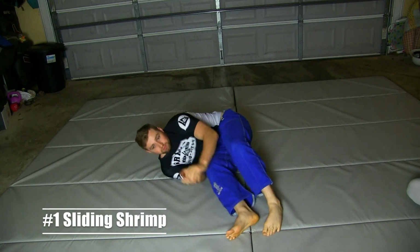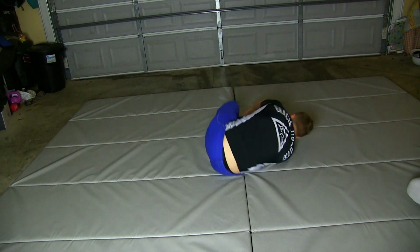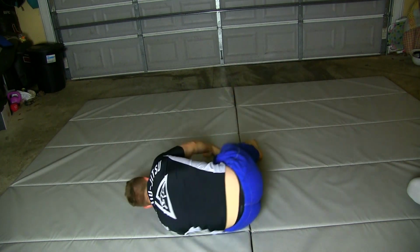Solo drilling may seem overrated, but no matter what rank you are, you'll find that some of these are the most quintessential movement patterns of some of the most basic movements of jiu-jitsu, starting with number 1, shrimping. Shrimping is so much more than just a warm-up. It's a skill that needs to be mastered. It's easy to go through the motions with this move in class, which is why so many people end up